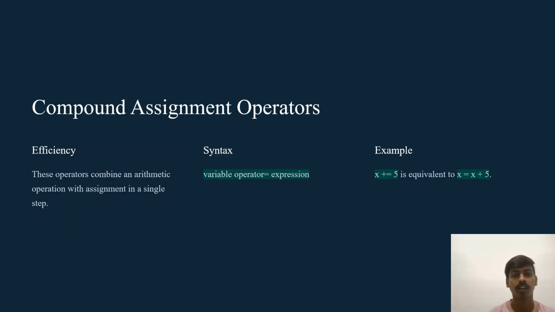Next is compound assignment operators: efficiency, syntax and example. It is very important to learn the syntax and example to execute any code. These operators combine an arithmetic operation with assignment in a single step. The syntax is variable operator = expression. We can see in the example that x += 5 is equivalent to